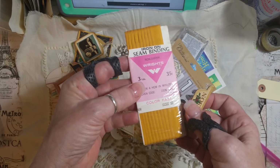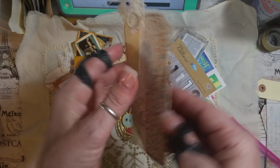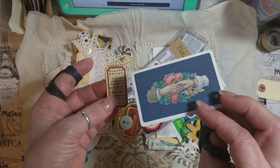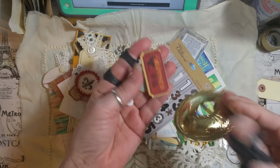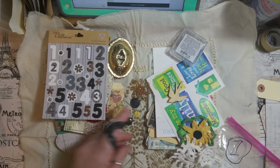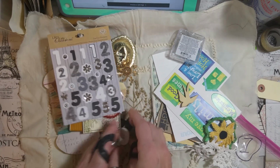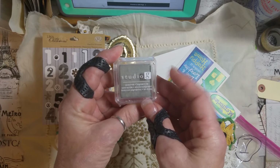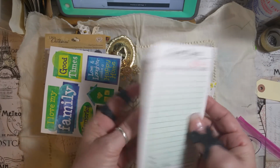A thing of seam binding, vintage seam binding, some more chipboard pieces, a little tag I made, and this tag I made and sewed around and put coffee dyed paper on the back and put a little tabby on it. A vintage card, some more chipboard, a couple of these, some more buttons and chipboard and metal pieces, a metal buckle, some stickers, a couple of these little cute flowers, another metal piece, a bunch of little buttons that I just threw in. Each one has a different color ink pad, a little chipboard bird, some stickers, a couple guest